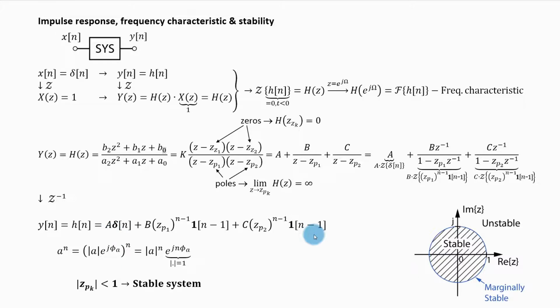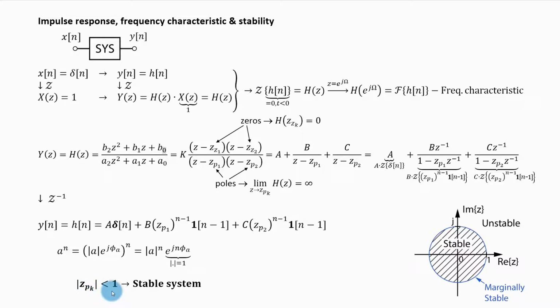system will be stable. However, if either of these poles z sub p1 and z sub p2 has magnitude greater than 1, for example, if this pole z sub p2 has its magnitude greater than 1, as n goes to infinity, this geometric series will diverge to infinity as well, and the impulse response will be unstable. Therefore, for the system to be stable, the poles of the transfer function need to have their magnitude less than